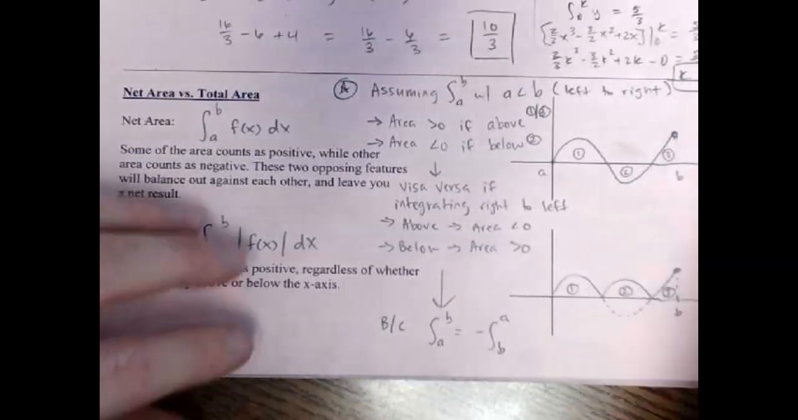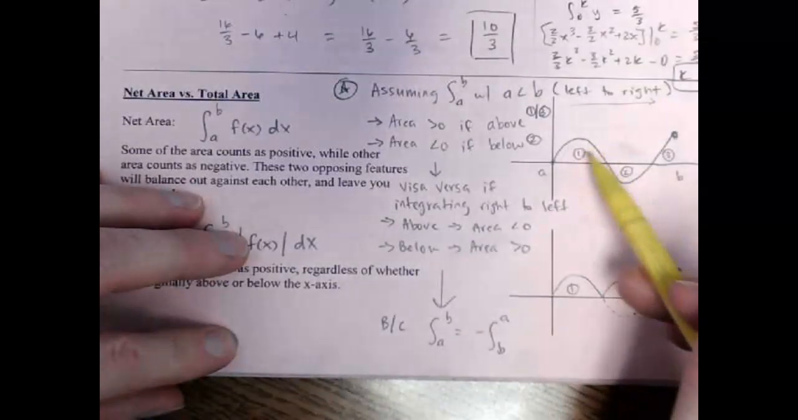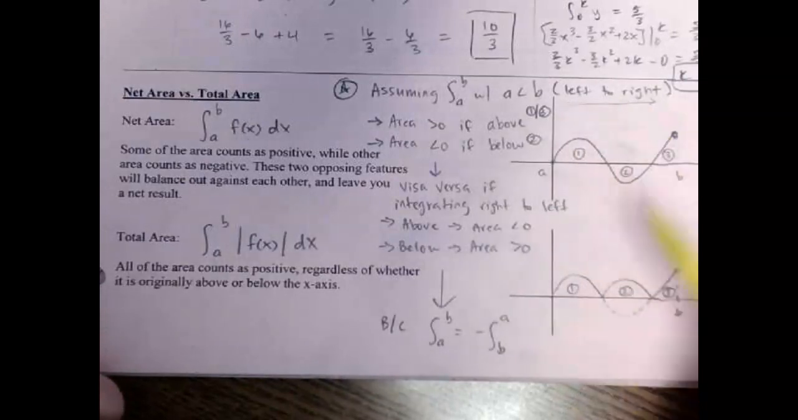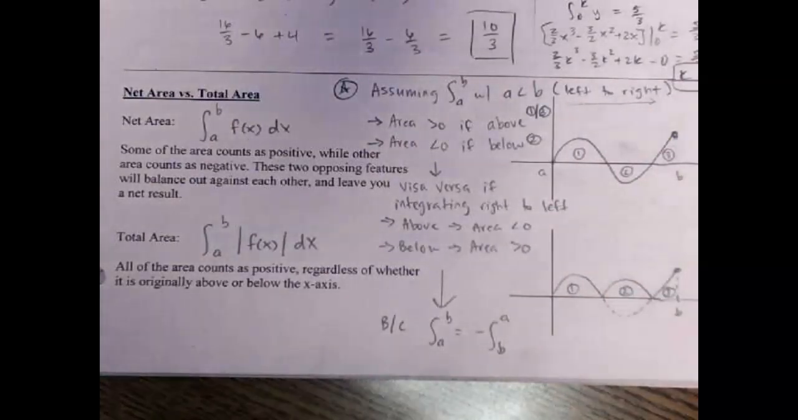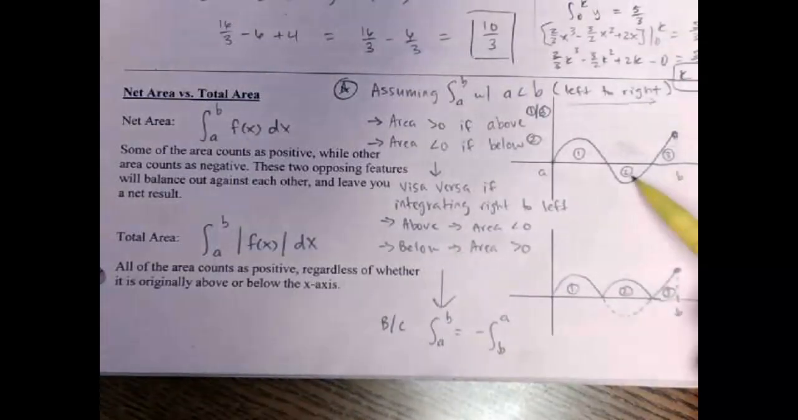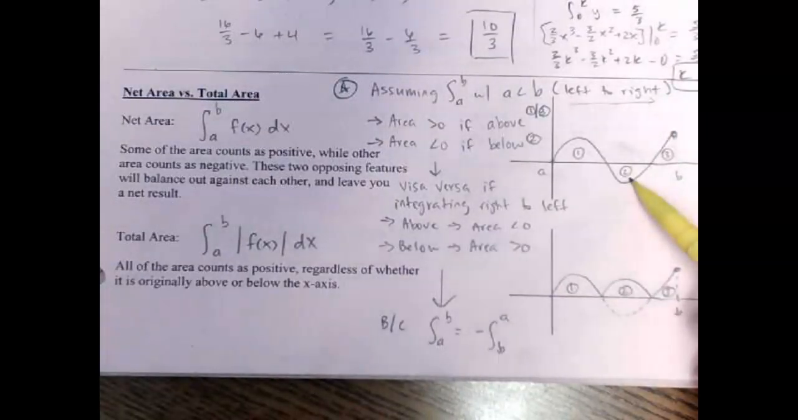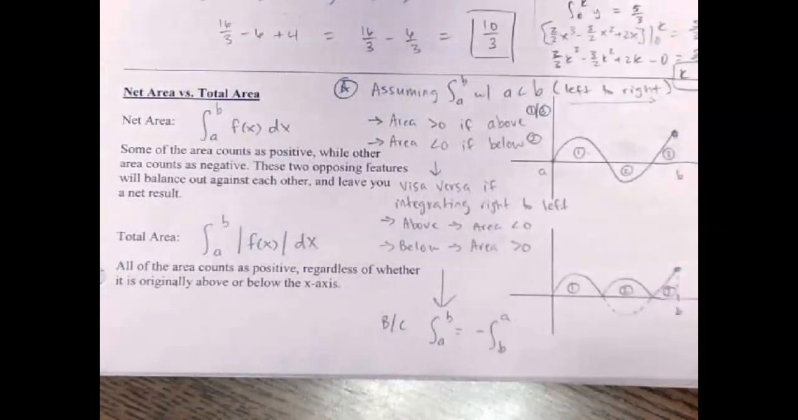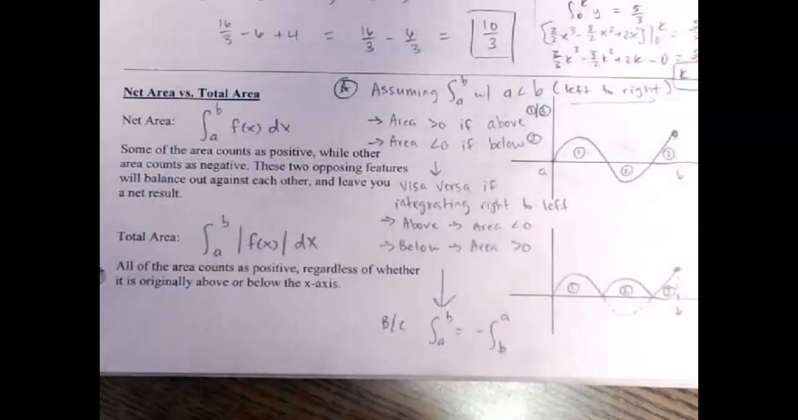And assuming we're integrating from left to right, areas above, like regions 1 and 3, would count as positive, and then regions below would count as negative. Again, that's assuming left to right. If you wanted the total area, so if you said, Mr. Bell, I don't really want this to count as negative, I don't care that it's below, I just want to know how much area I have. If you want the total area, which is different than the net,